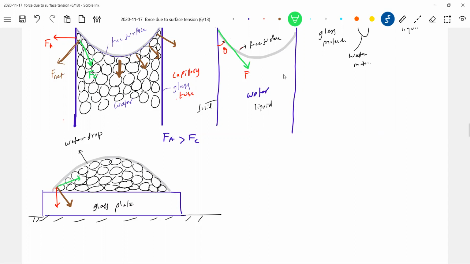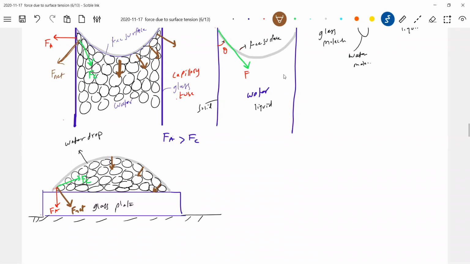Which force will be greater here? So again, this is the adhesive and this is the cohesive. Here again, I can see that Fa is greater than Fc. So the resultant force will be directed somewhere, and the free surface will align itself perpendicular to the net force. Why is the free surface horizontal here? Because the net force will be downward. I'm showing a few of these so you must be able to understand.